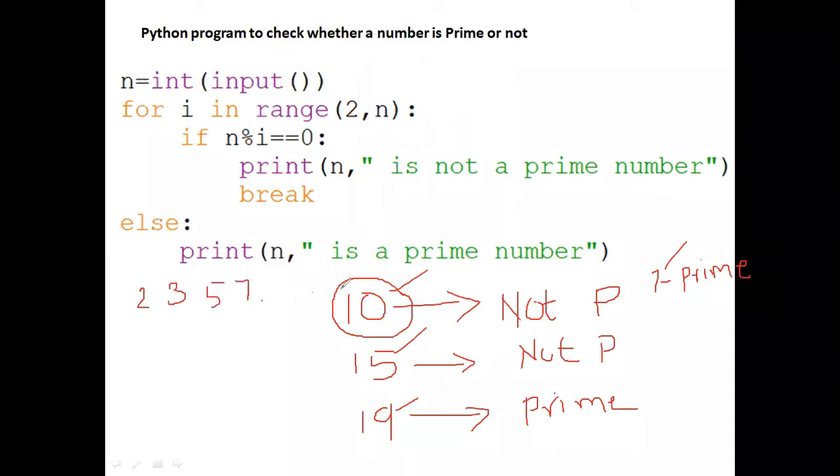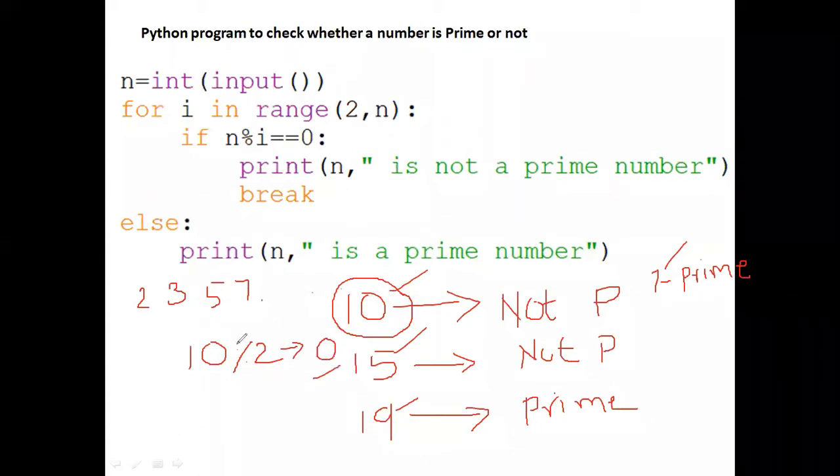Now I am going to find whether 10 is prime or not. I take this number and find the remainder with 2. If I get 0 as the remainder, then it is not a prime number.